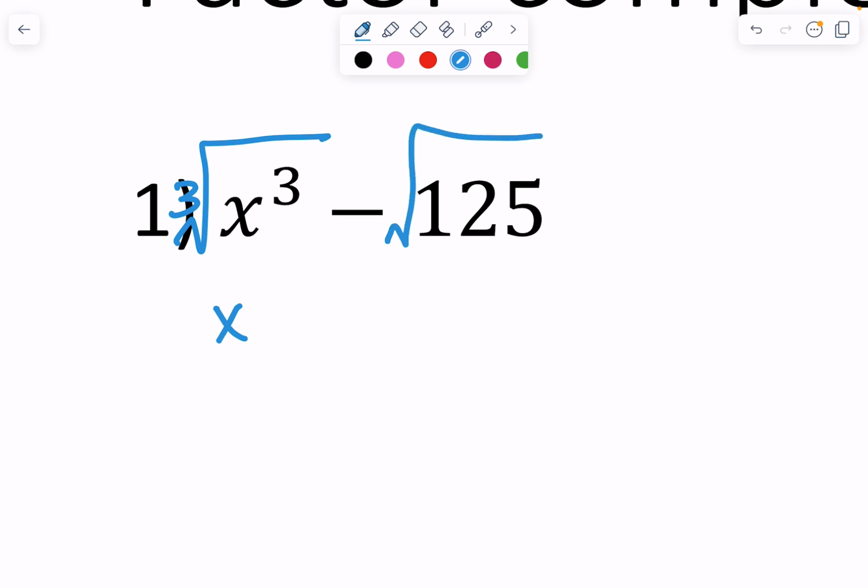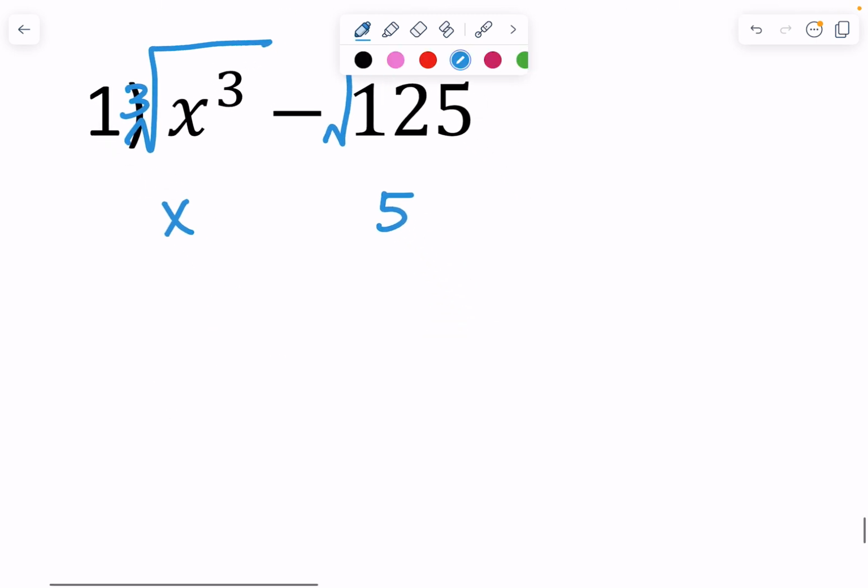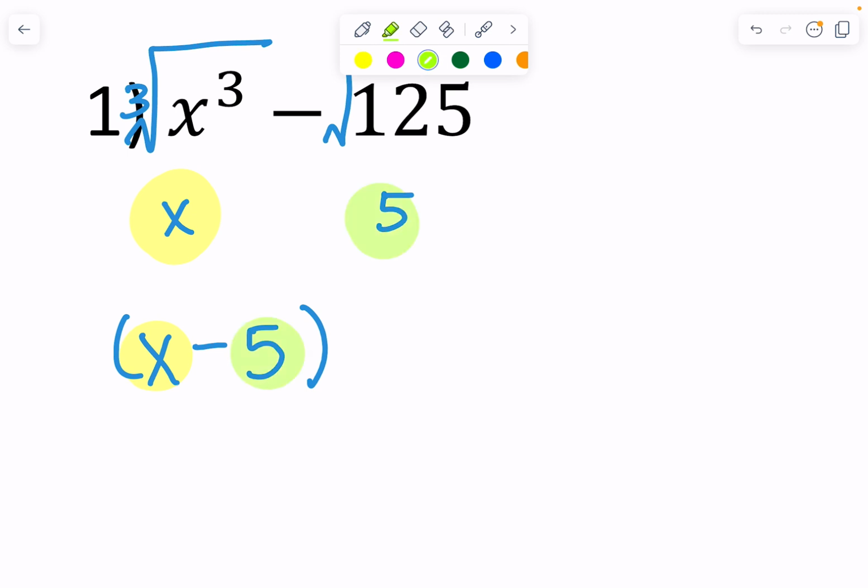Can I take, and ignore the subtraction sign right now, the cube root of 125? Yes, that's 5. All right, so now I'm going to be using these two things. So first, I'm going to do x minus 5. Do a little color coding. x minus 5. Then in my parentheses, I'm going to have my first term squared, or x squared,